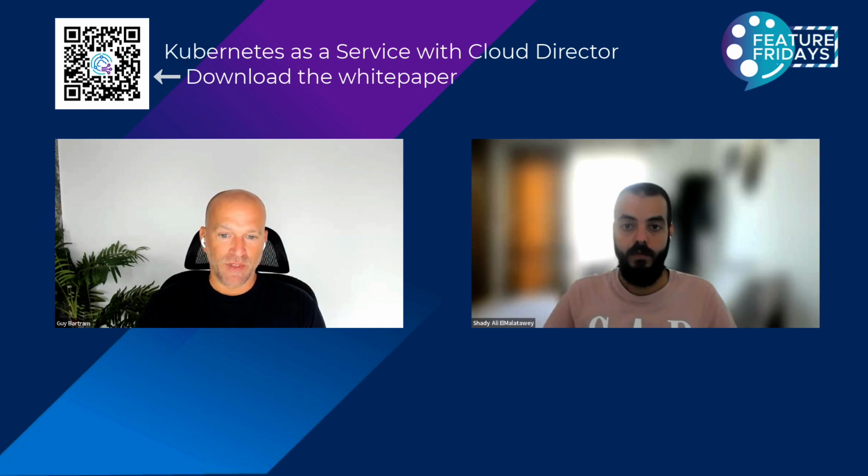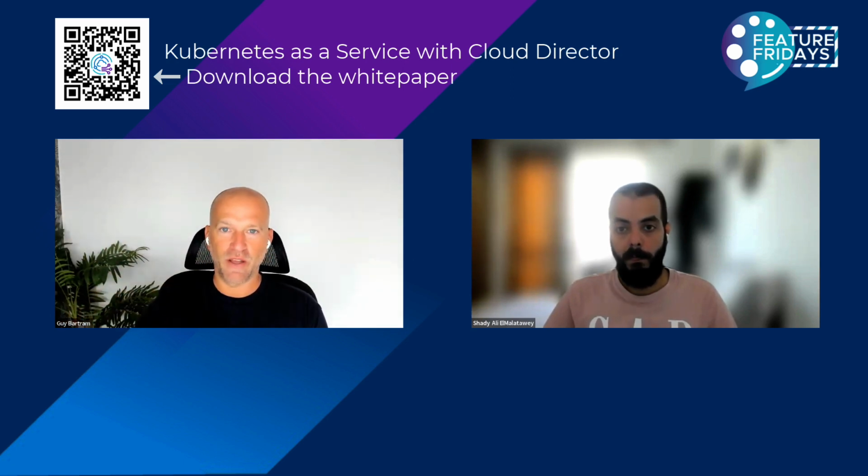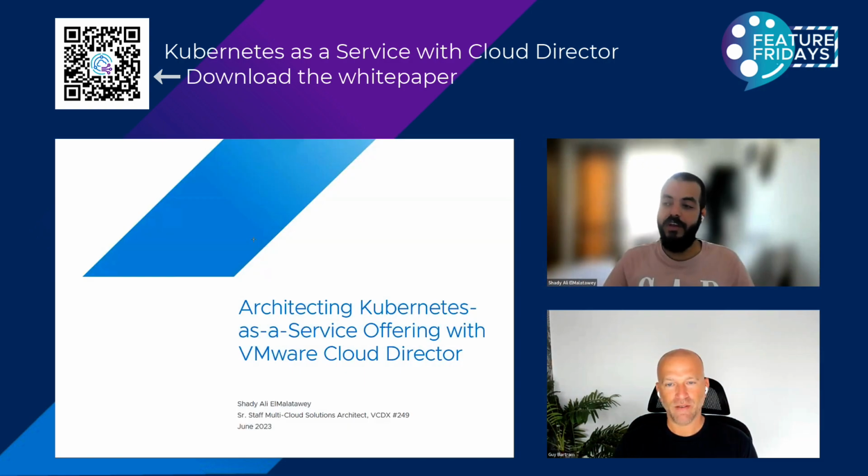So this is focusing on the starting blocks, but there's extensibility and there's the future where you can deliver so much more. And it's actually already available today, but you've got to get up and running straight away with Kubernetes as a